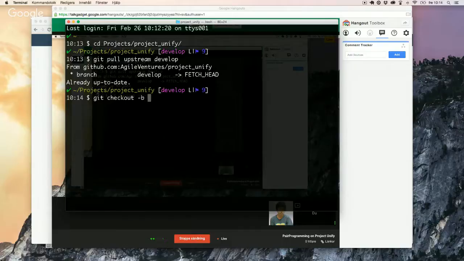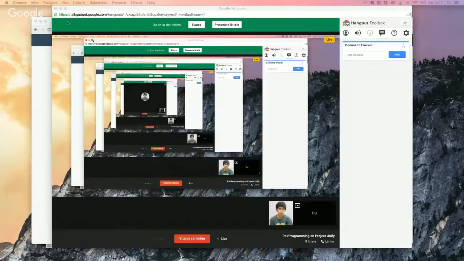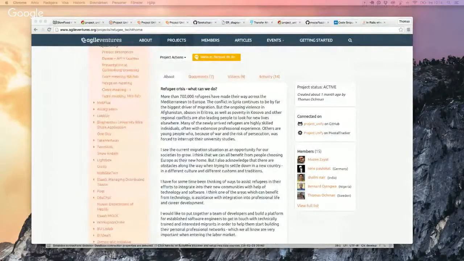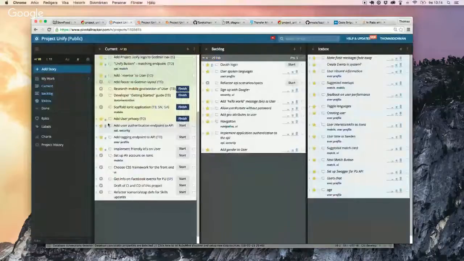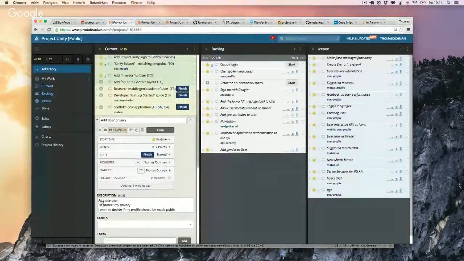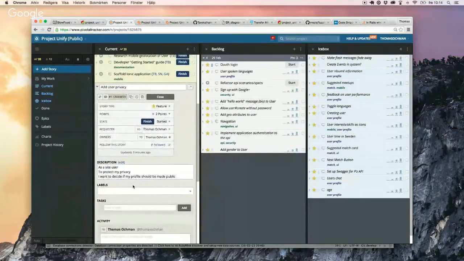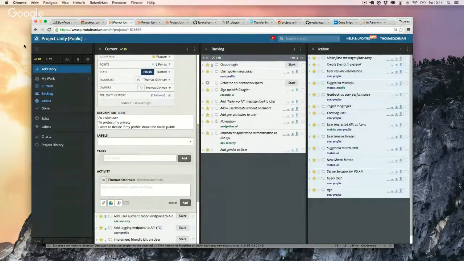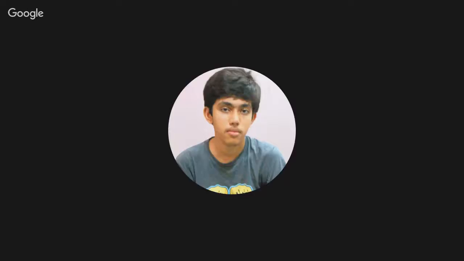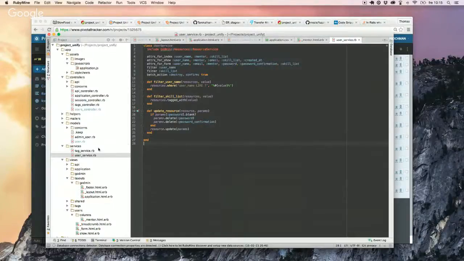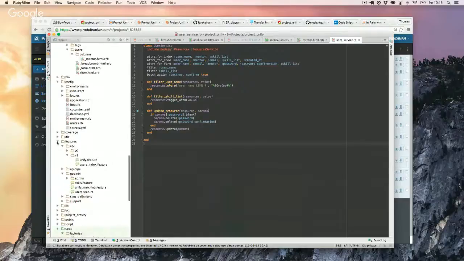So I'm just going to do a git checkout of a new branch called privacy. I will be working on a small little feature, add user privacy. The story goes, as a site user, to protect my privacy, I want to decide if my profile should be made public. So basically what we need to do, I think, is to create a privacy setting for the user